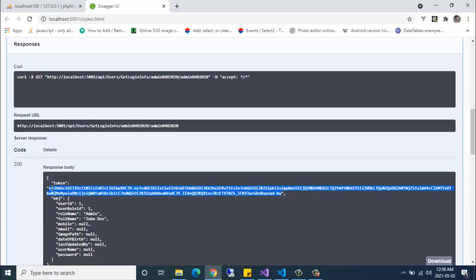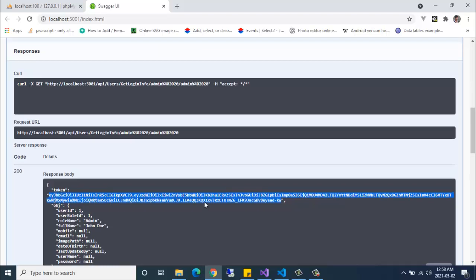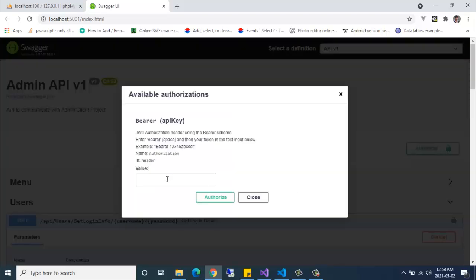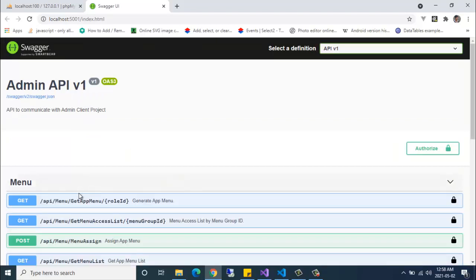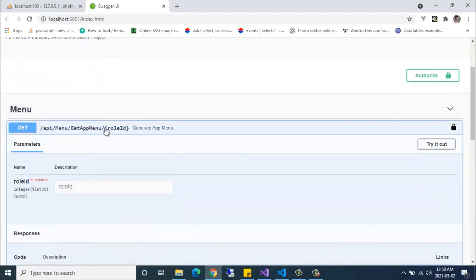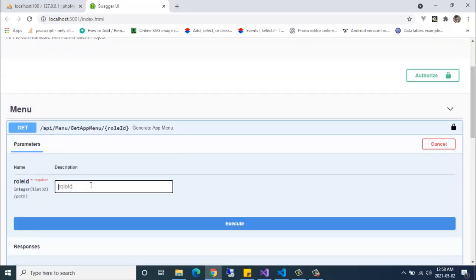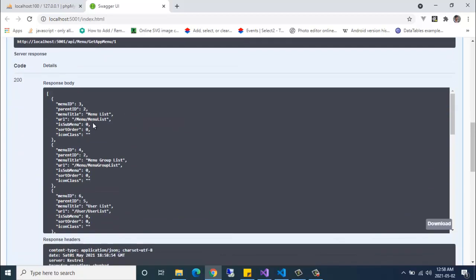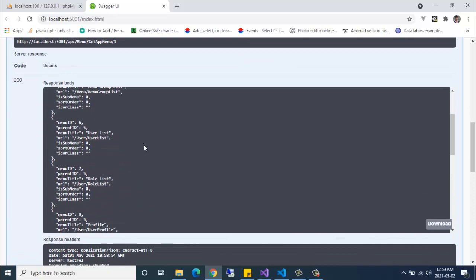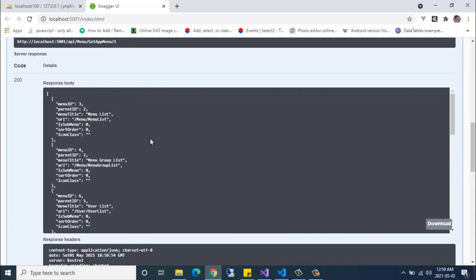We have to copy this token and authorize the API: Bearer, and paste the token. Authorize this. Now you can use all of the methods here. Like, I'd like to test it: role ID 1, and if I execute this, it is executed. So basically this is my API part.